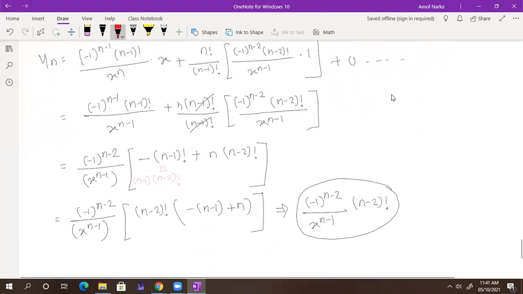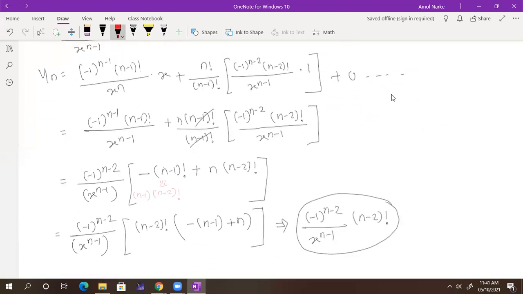So this is what you are getting as the formula, and that is what we have for the Leibniz theorem. In the next lecture, we are going to solve lots of examples like that, so you will understand how to apply the Leibniz rule or Leibniz theorem. Anyone, any doubts up to this problem? Anyone? Any doubts? Okay, so we will stop here.